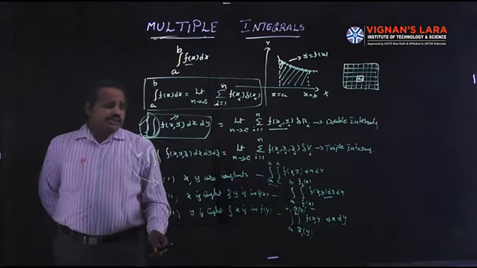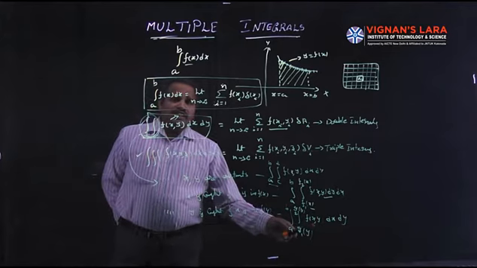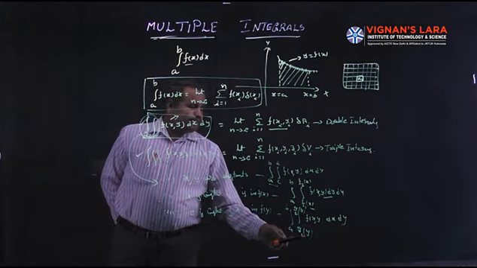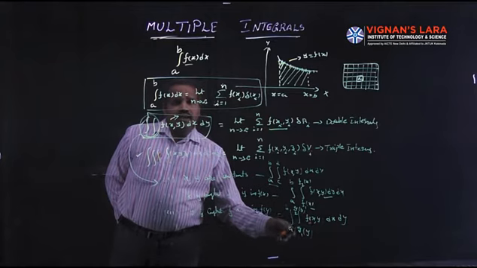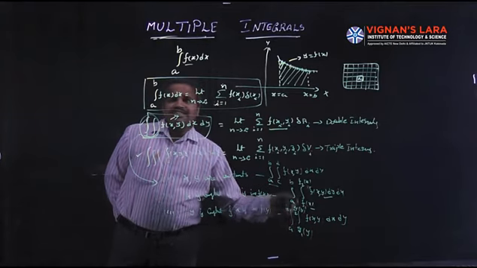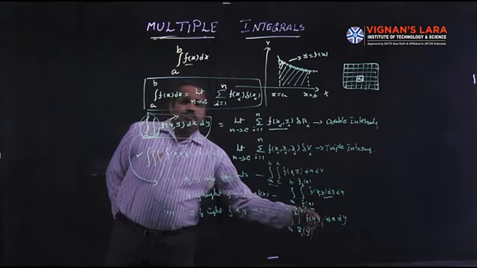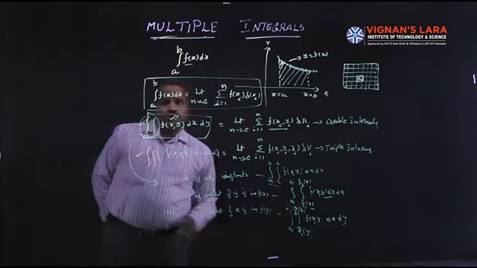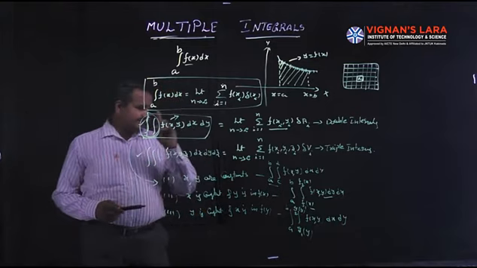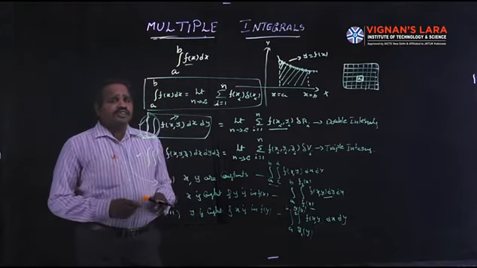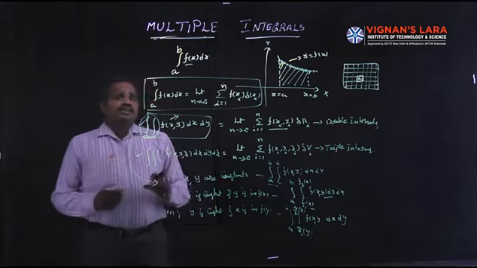Coming to the third case, first we are integrating with respect to x. We substitute the x limits in terms of y. After that, the total expression is in terms of y, so we integrate with respect to y and get the value. These three cases arise in this double integral, and by using the double integral, we change the